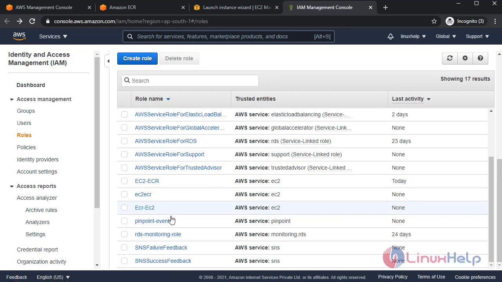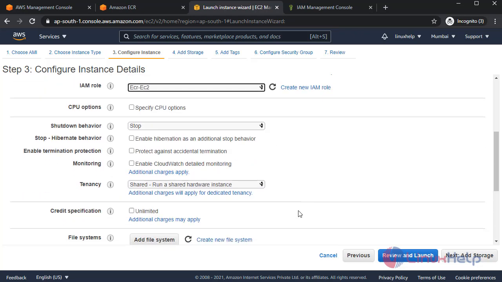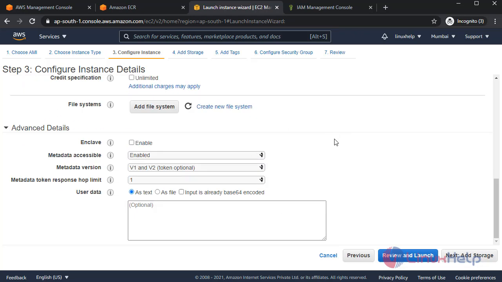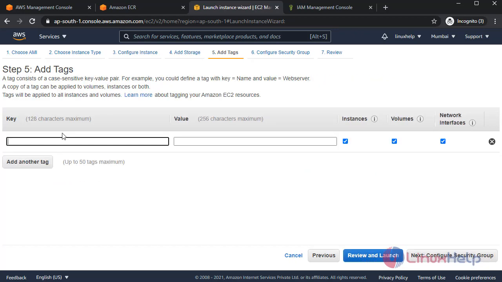The role was created. Next, you need to select that role. Next, click Add Storage. Click Next. Add tags. Configure security group.